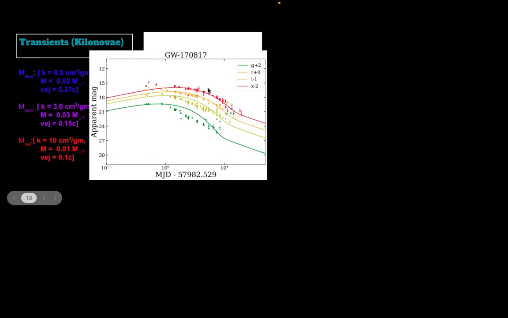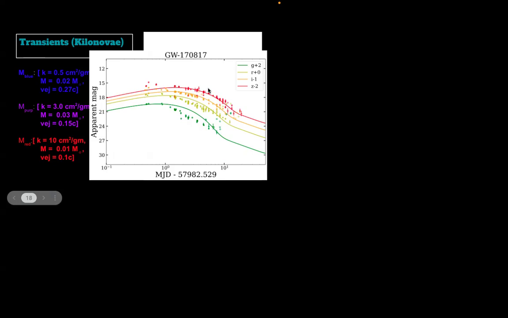But the masses and the velocities, there must be some errors on these estimates. Yes, there are errors. Are they still consistently different when errors are considered? Is it 0.1 plus or minus 0.1, or 0.1 plus or minus 0.001? Then I can make a difference that red and purple have different velocities, because one is 0.1 c and one is 0.15 c. These estimates are done in a Bayesian way. The correct error I don't remember, 10%, 5%, I don't remember the level.